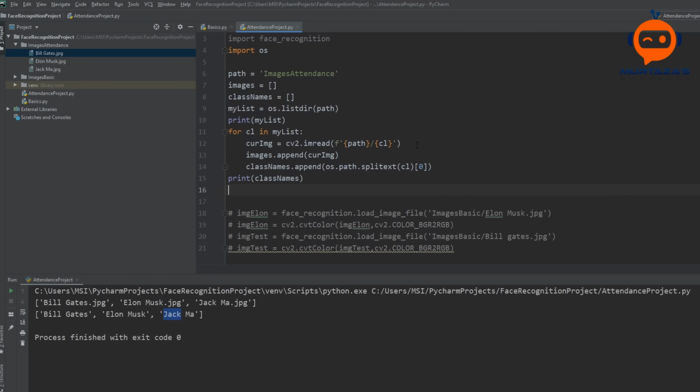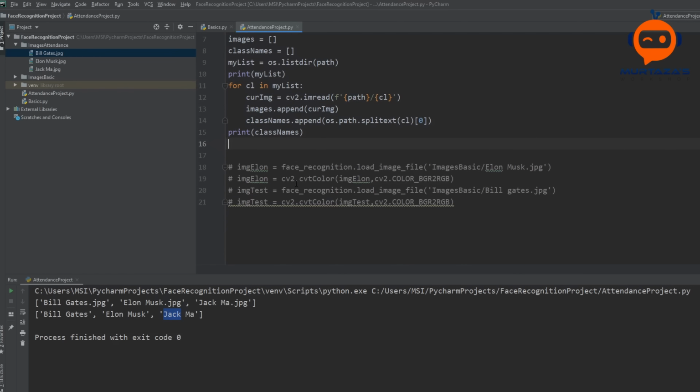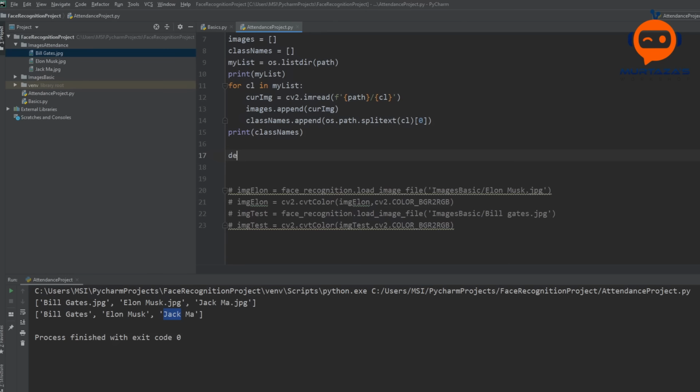So we know that once we import our image, we have to find the encodings for each one of them. So what we can do is create a simple function that will compute all the encodings for us. So we can write here find encodings, and we will require a list of images.